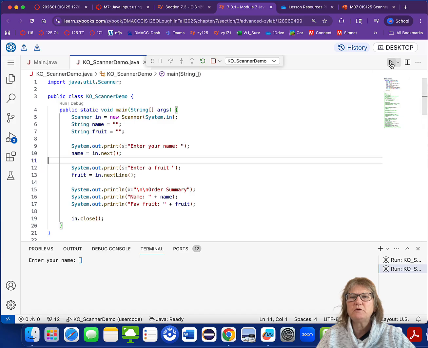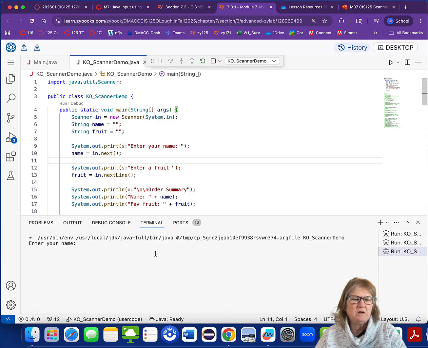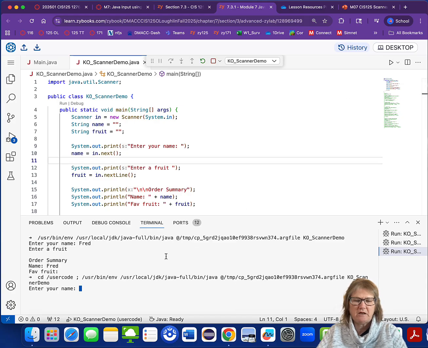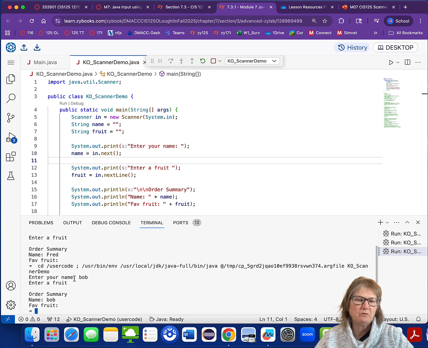Let me clear the terminal and execute this on a clean window. So when we input a name and then a fruit, it doesn't let me input the fruit. It skipped right over inputting the fruit. Execute it again just to see what that does. I'm going to input another name, and it skips right over entering the fruit. And that's because when I use